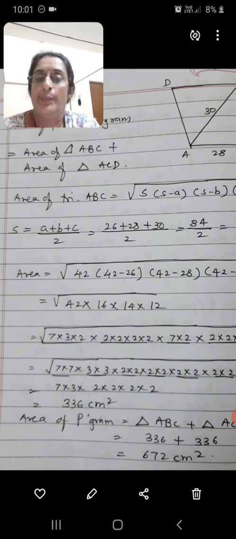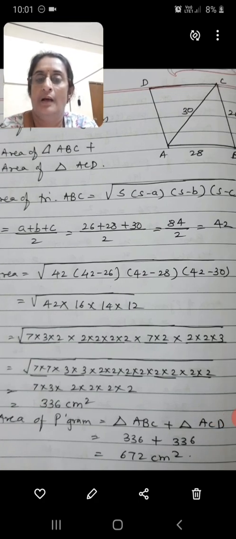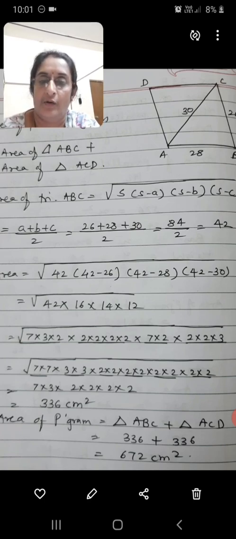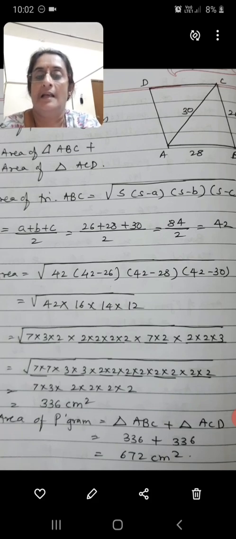So let us do the prime factorization of these numbers first. 42's factorization will be 7 into 3 into 2. 16's factorization will be 2 into 2 into 2 into 2. 14 will be 7 into 2 and 12 is 2 into 2 into 3. Now take the common numbers. There are 2 7s, so 1 7 will be out of the root. There are 2 3s, so 1 3 will come, and there are 8 2s, so 4 2s will come out of the root. So when you multiply 7 into 3 into 2 into 2 into 2, that is 336 centimeter square is the